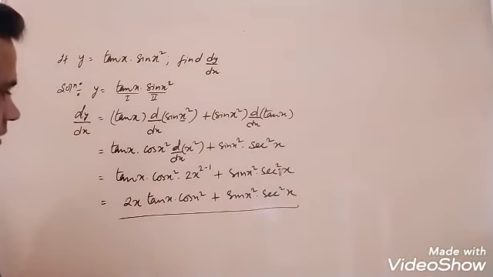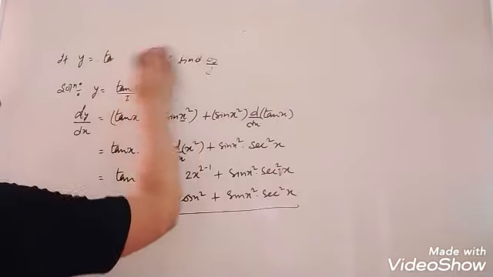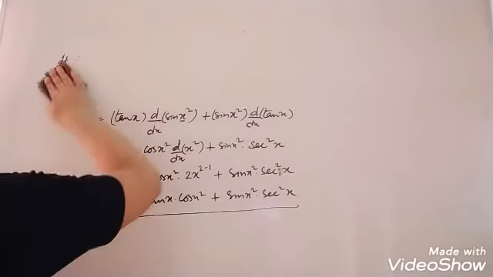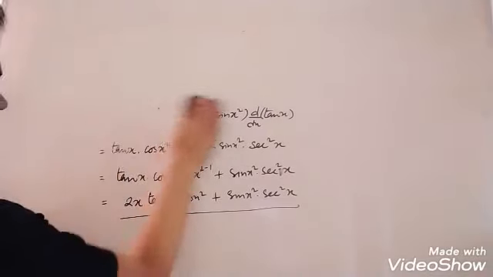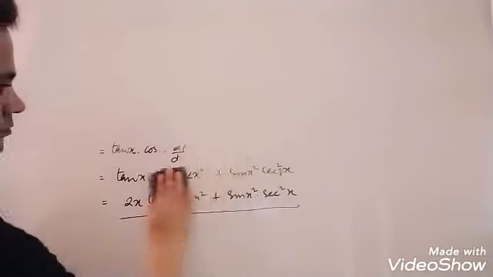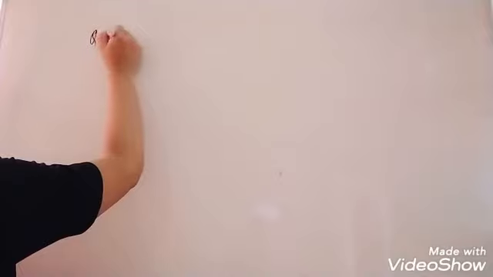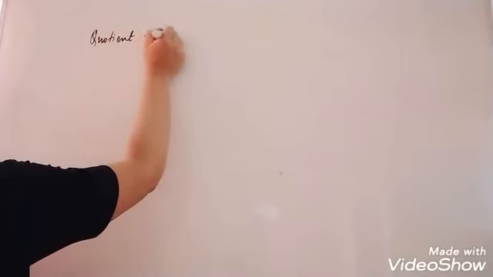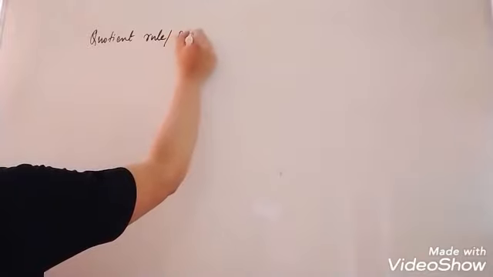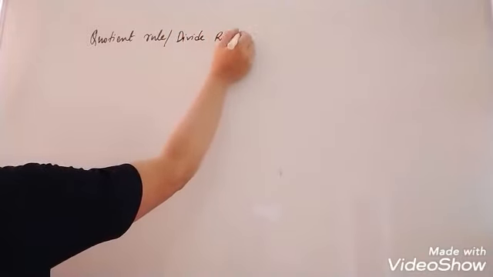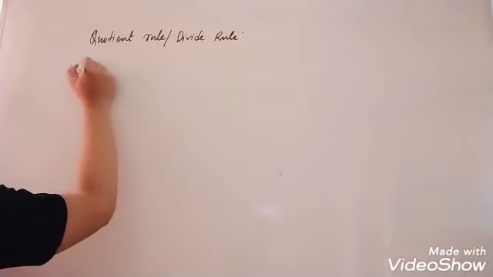Okay, these are the questions based on the product rule. Now the next rule is the quotient rule or divide rule. Quotient rule, divide rule. Okay. So the quotient rule is, suppose